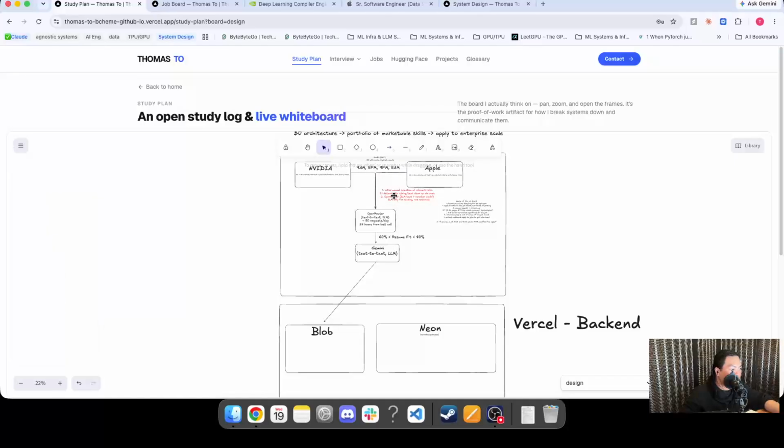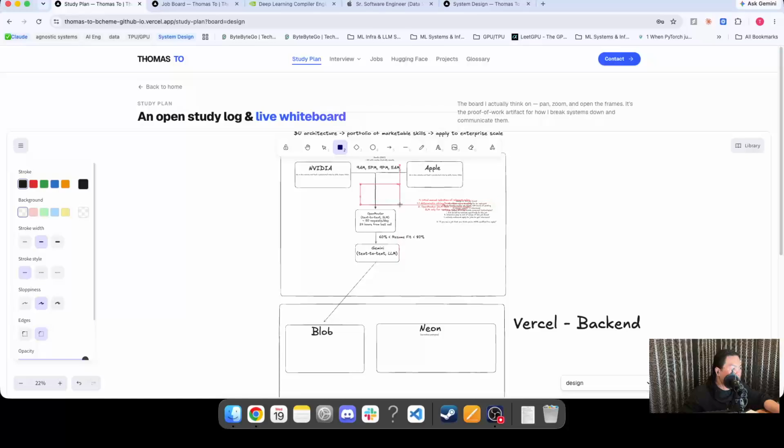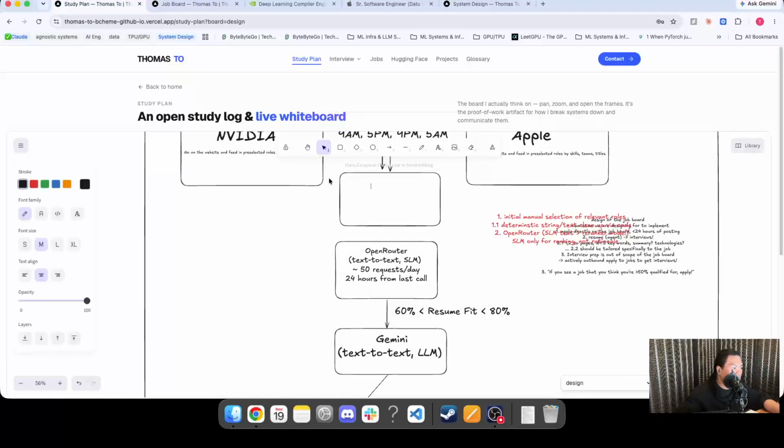I haven't gone to OpenRouter. Let me add a box here. That's probably better. Deterministic. Alright, so I have some code that I have,